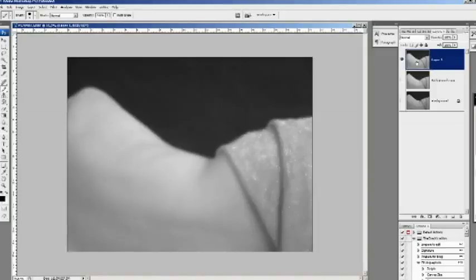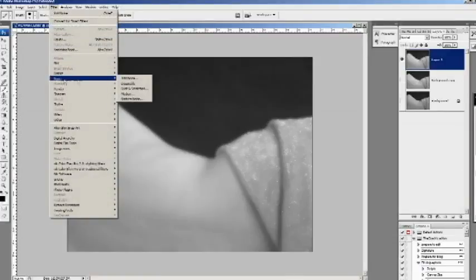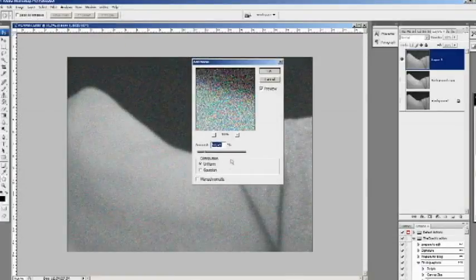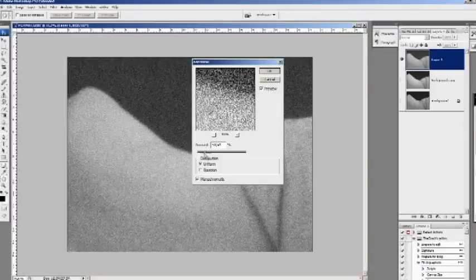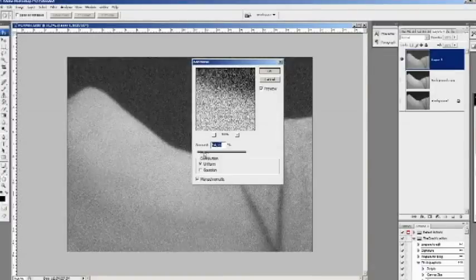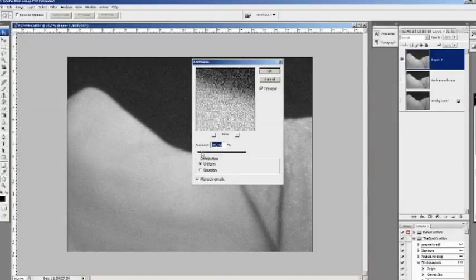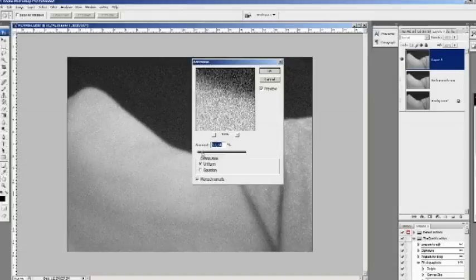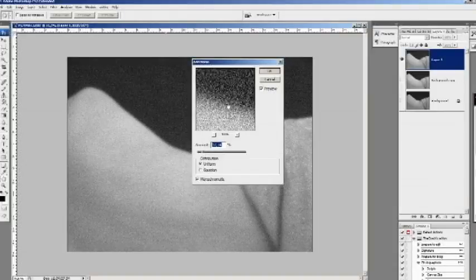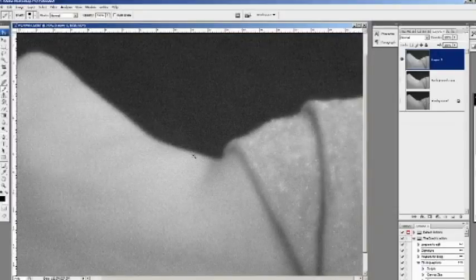Now the only thing that I'm missing to give that old look, that old film look, if this is what I want to do, is to take that layer here and go into Filter, Noise, Add Noise. I will click on the monochromatic because I don't want colored noise, and I will be adding something like, you see, 30% here, 35%, and this will give me a very nice level of noise on the image, and I have the original